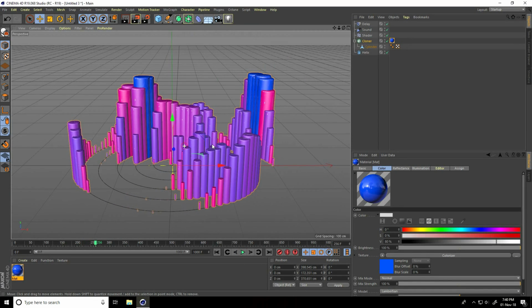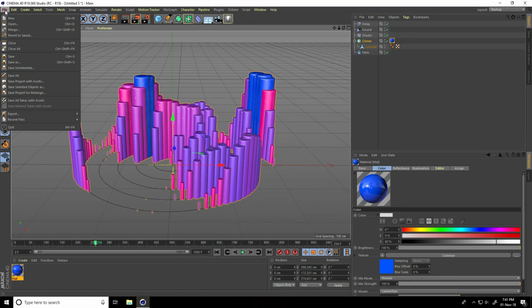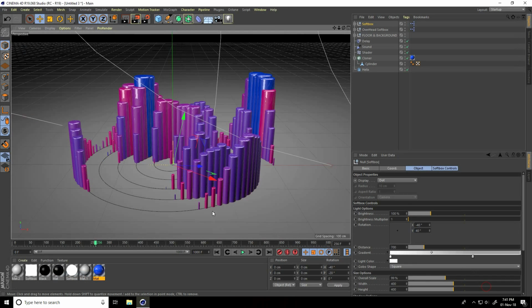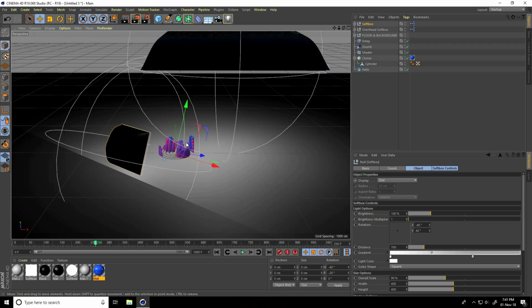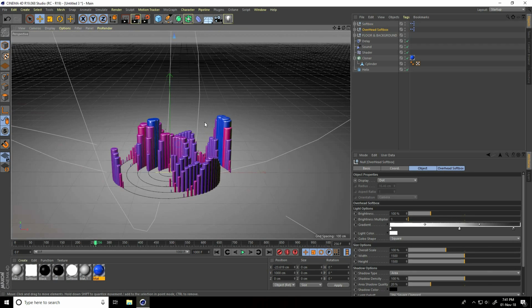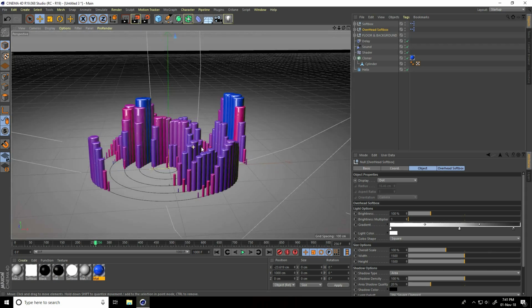Great. Okay. Guys, I apply Cinema 4D Studio Light. I go on merge, select C4D Studio Light and set light over at softbox. Yes. Yeah, great.